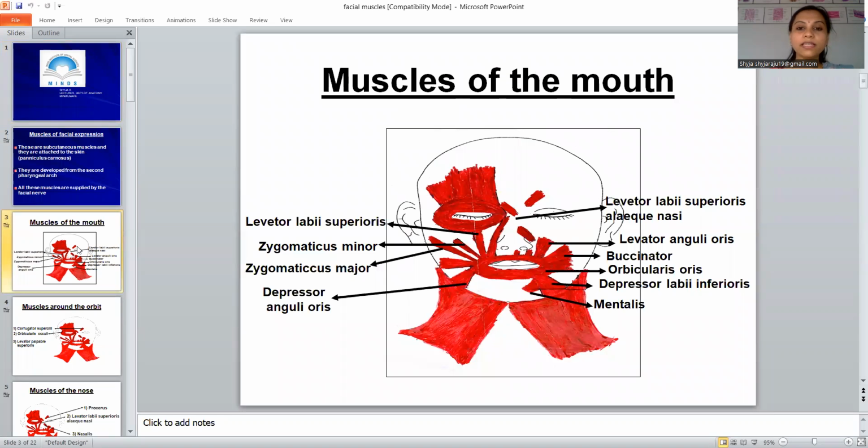So we are categorizing the muscles of facial expression into the muscles surrounding the mouth and orbit, and also the muscles of the nose. So first we will see about the muscles of the mouth. Okay. Here you can see the